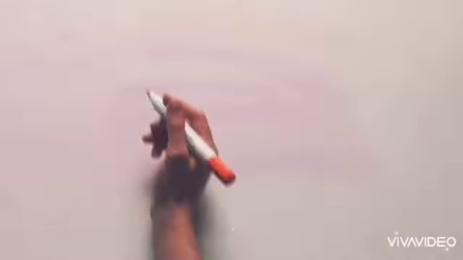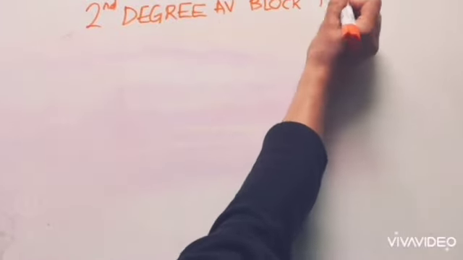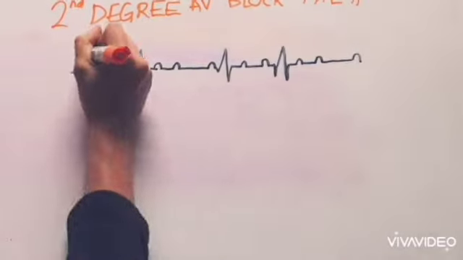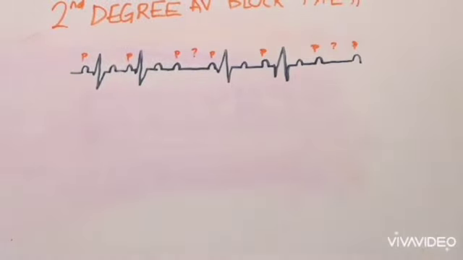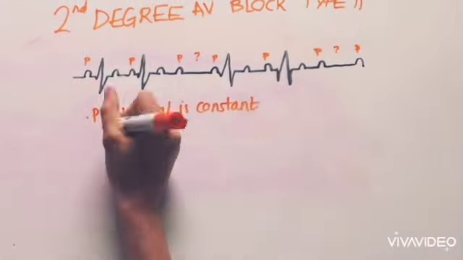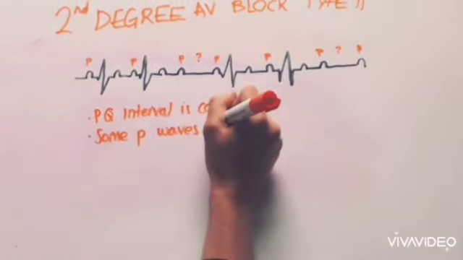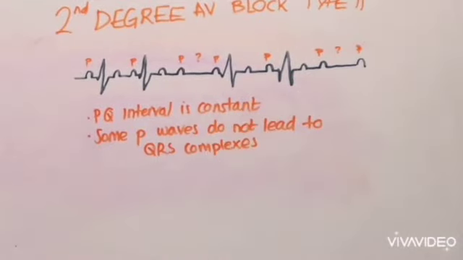So now we'll move on to second degree AV block, type 2. I'm sorry, I didn't mean to go quite so much off the screen. Anyway, it looks a bit like this, and I've drawn in the P waves to help you. In type 2, there is a relationship between P and Q. In fact, it's constant. But some P waves do not lead to QRS complexes, as you can see by the